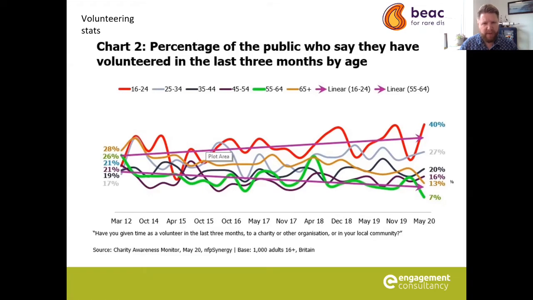One of those factors being people in that slightly older age bracket are part of this thing called the stretch generation. So where people are having to work longer, looking after elderly parents, taking on childcare responsibilities such as looking after grandchildren. Therefore, their time is becoming more stretched